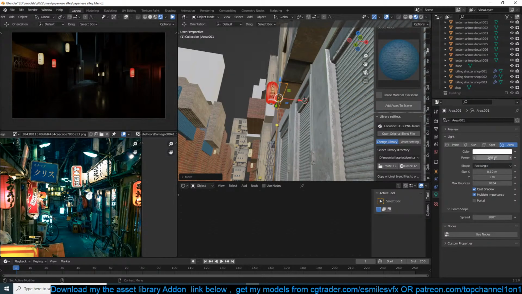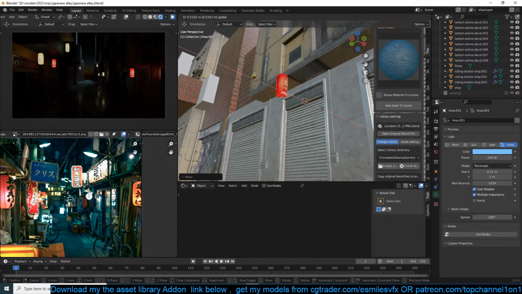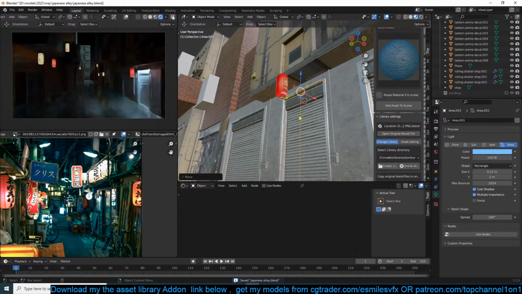Can make it blue. Have it maybe somewhere there. Yeah, that's a lot of light.